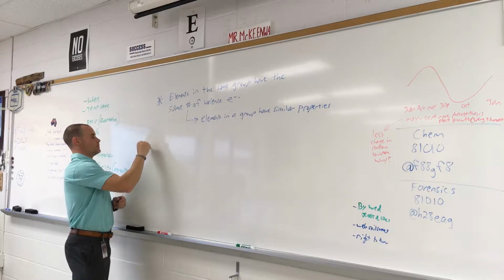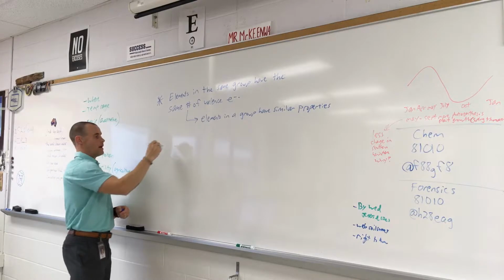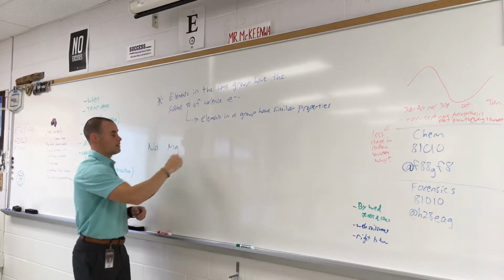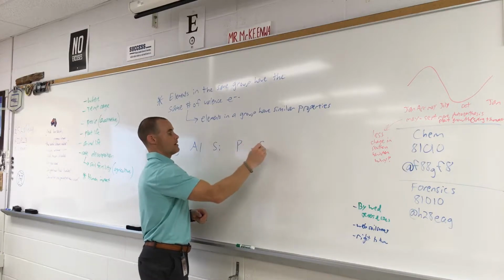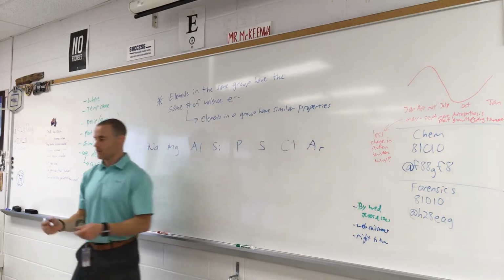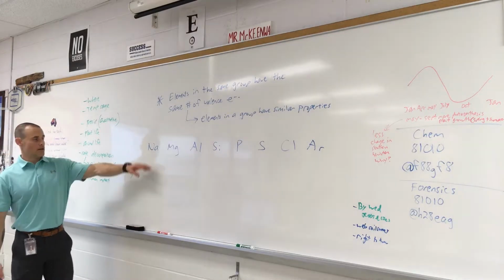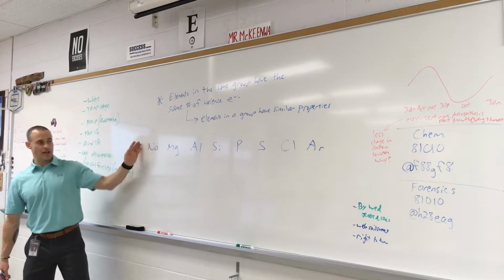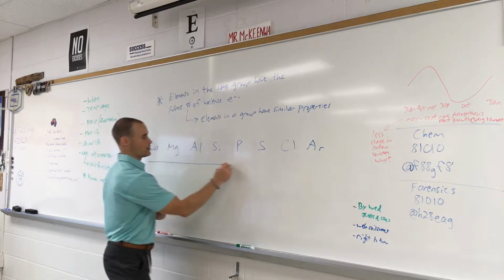Let's do Na. We're going to write period 3 in our notes from left to right. Na, Mg, Al, Si, P, S, Cl, Ar. The spacing between is irrelevant. Don't worry about that. All right. So we're going to get that in our notes, and we're going to talk about as we move from Na toward Ar. So as we go this direction,